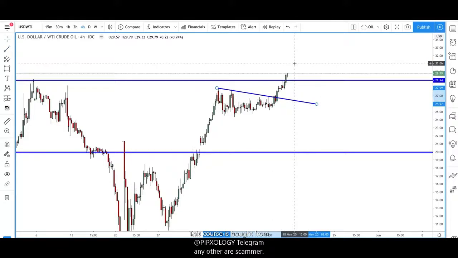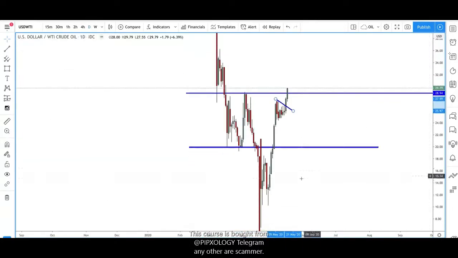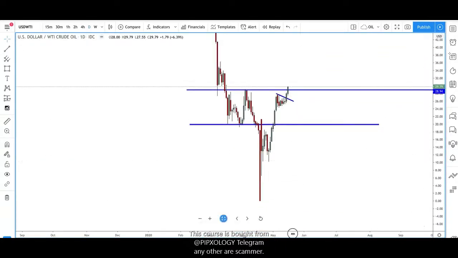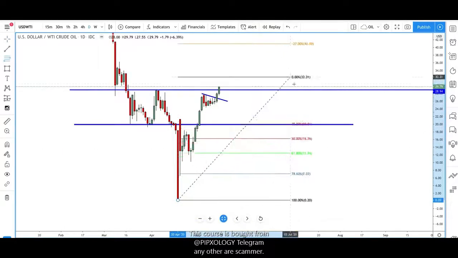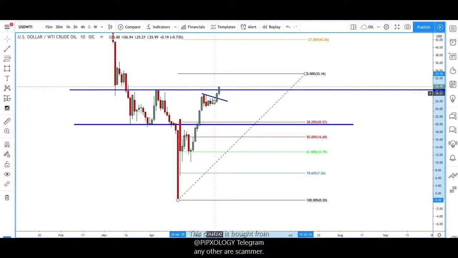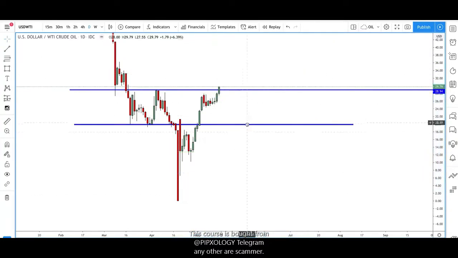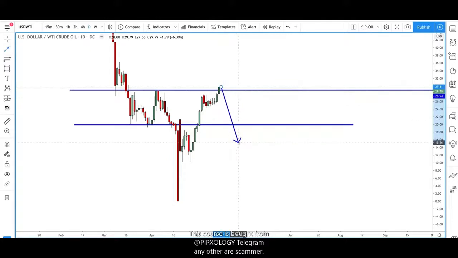So making a higher high, higher low, higher high, but we need to come back down. But I think, just like I showed you on some of these other pairs, if we take a fib from the bottom, for instance, you can see we haven't had a retracement here. So price is pushing up, very, very bullish, but once it pushes up into these regions, it's going to need to come back down and make a retracement. That could be a small retracement, or a very, very big retracement as we come back down to these levels before looking at coming back up again.